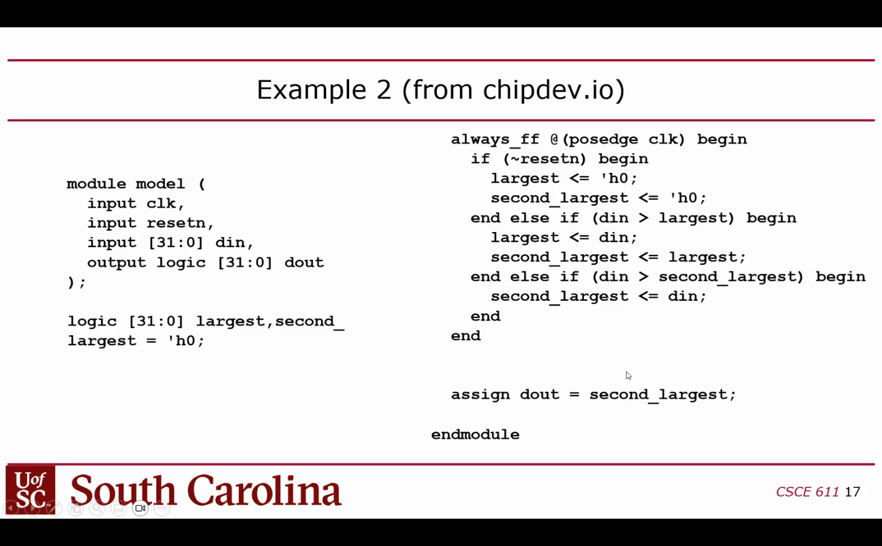So as soon as second largest changes, it will instantly update D out because this is done in an assign statement. Now, if I had put this in the always block, then it would update D out with an additional cycle of delay, just like in the last example. Okay, so those are just a couple examples of how you can build up